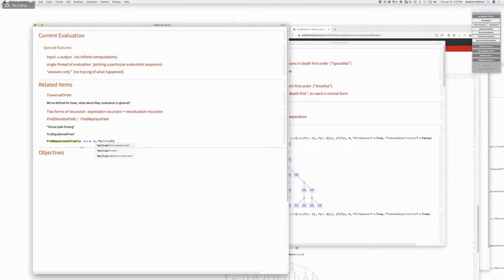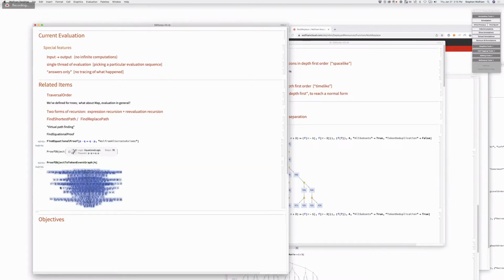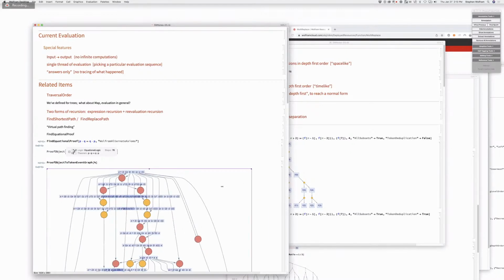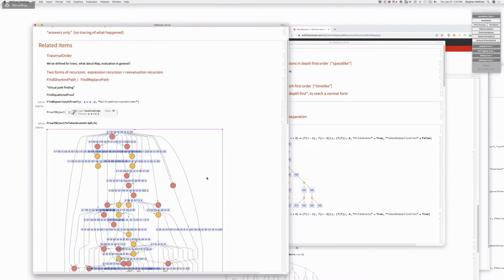Actually, let's just for fun, I'm just going to use this, because I think it might, let's just see whether that does anything different. Oh my gosh, that was only 76 steps. Okay, so then now we say proof object to token event graph. Well, that was a little hard to read, but this is showing,